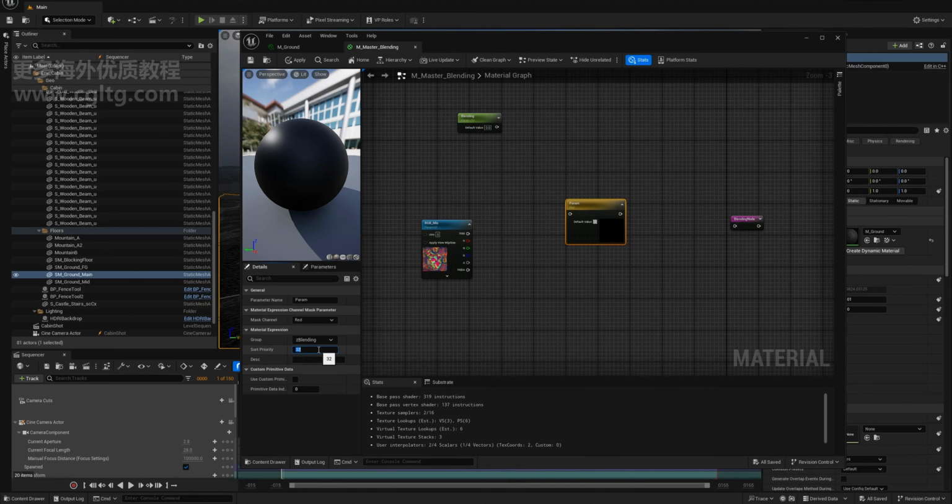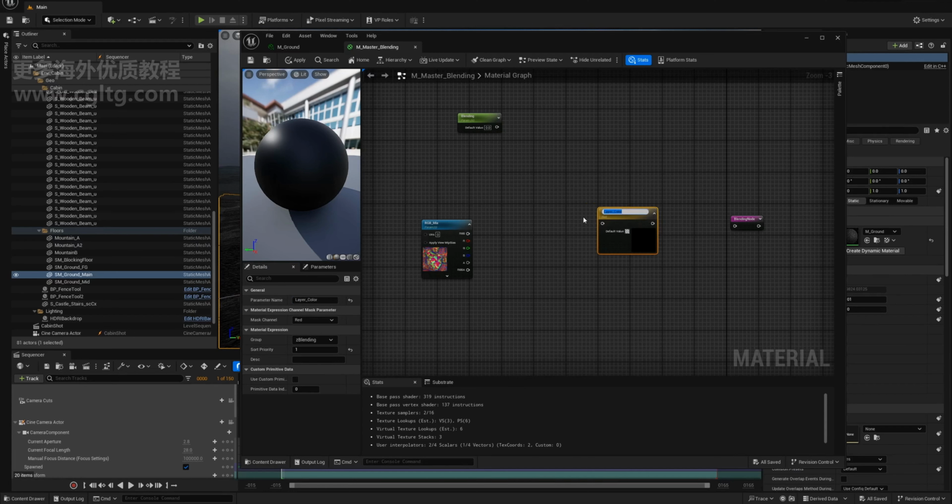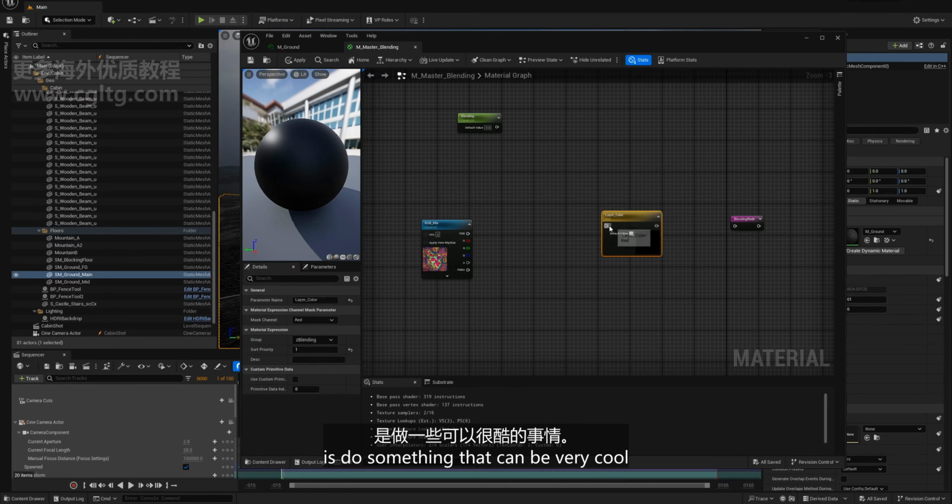It's gonna be 1, that's gonna be the blending 0. And this one is gonna help us pick the red, green, and blue channel. So I'm gonna call it layer color. But before that, what I want to do as well is do something that can be very cool,